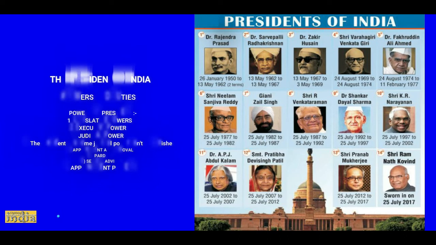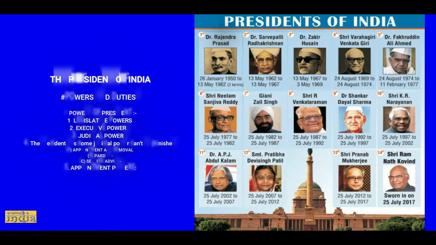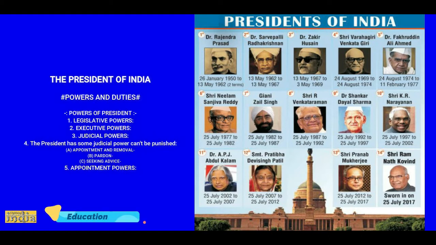The Constitution of India empowers the President to appoint the important officers of the Union government including the Attorney General for India, the Controller and Auditor General of India, the Chairman of the Finance Commission, the election commissioners, etc. The President is responsible for the administration of the Union territories. For this reason, he appoints chief commissioners and lieutenant governors of the centrally administered areas.